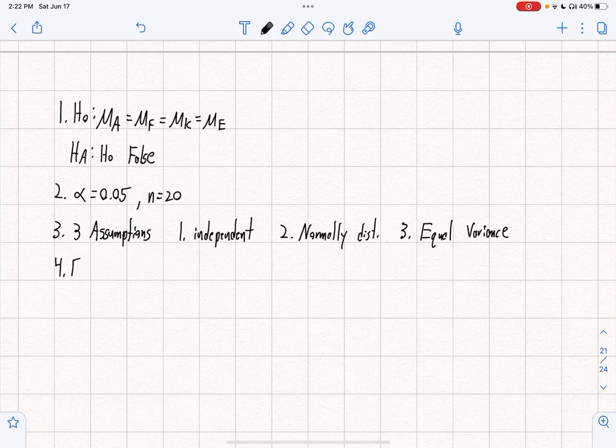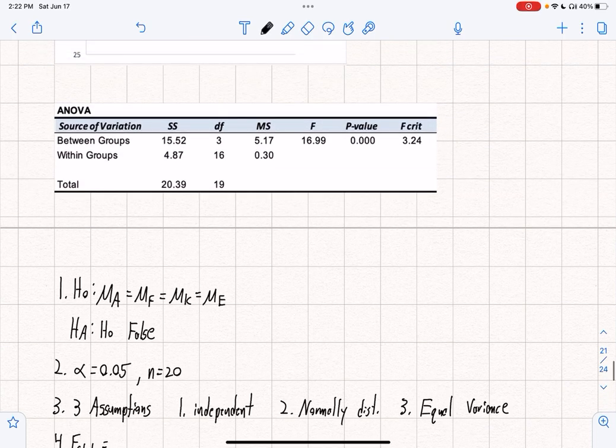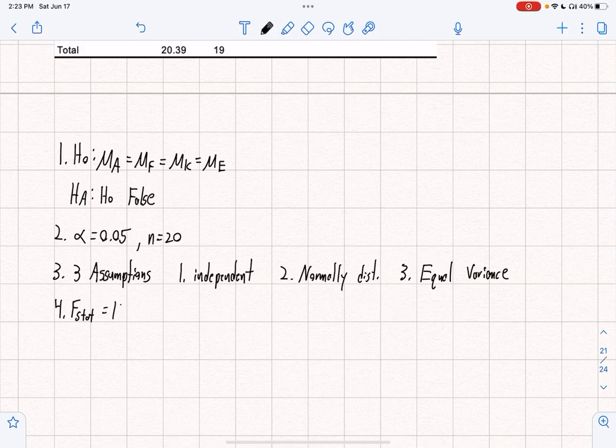So the 4th step is to calculate the F-stat, which, let's go to our ANOVA table. So again, this was done in Excel. We can see we get an F-stat of 16.99. So the F-stat is 16.99. The fifth step, so our rejection region